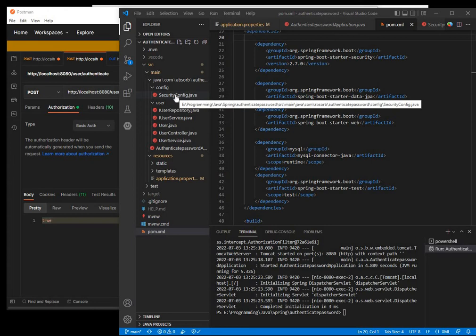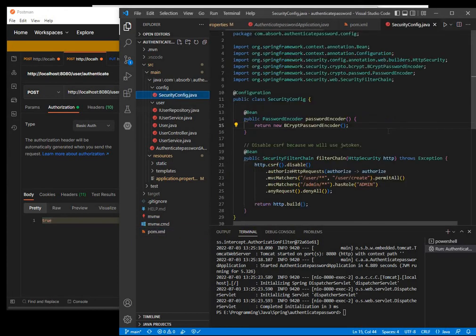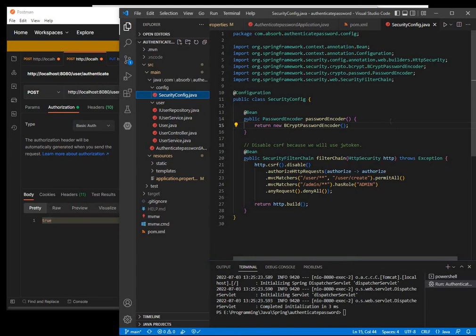And then we have our security config file. This is the contents of our security config. Again, this demo is just for authentication. There's no JWT, and there are no roles or granted authorities or things like that. This is just for authentication. Here in our configuration, we have our password encoder,